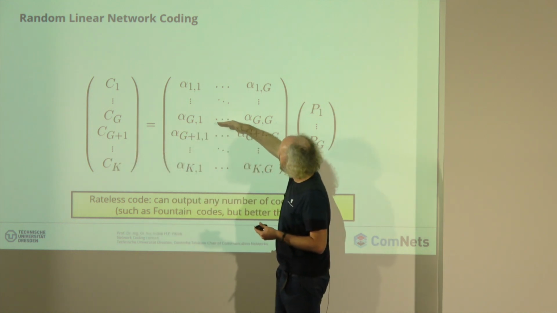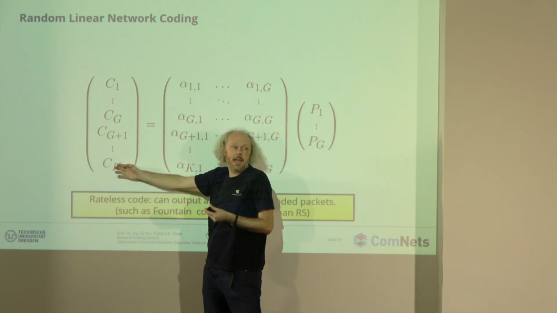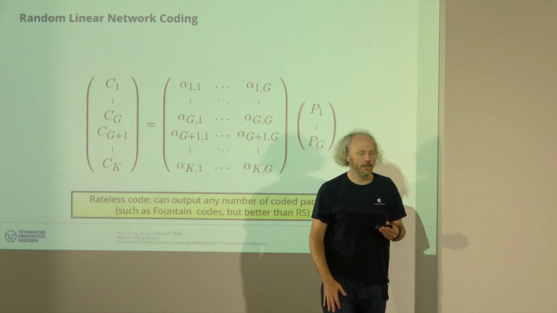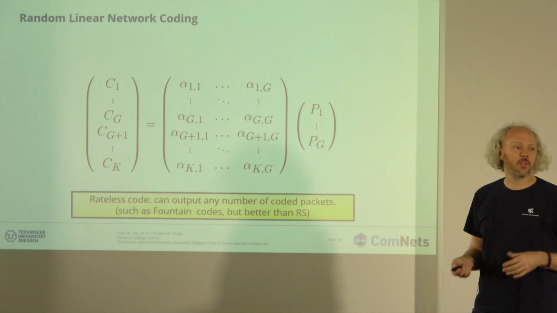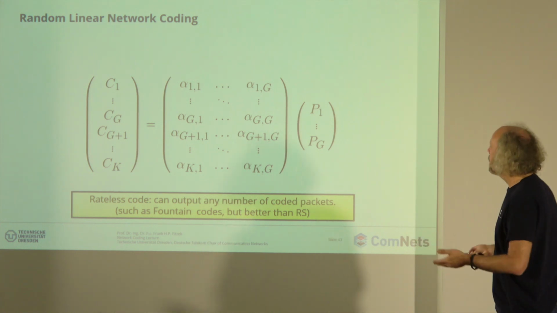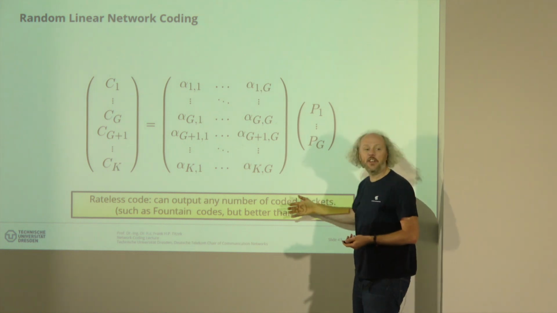But you can fill up the matrix with more random numbers, getting more, up to, let's say, K out of it. And suddenly this code becomes a rateless code. So if you have seen the code history, like tornado codes, fountain codes, they were rateless. That is what Qualcomm offers now. So rateless codes, where that was the only feature they had.